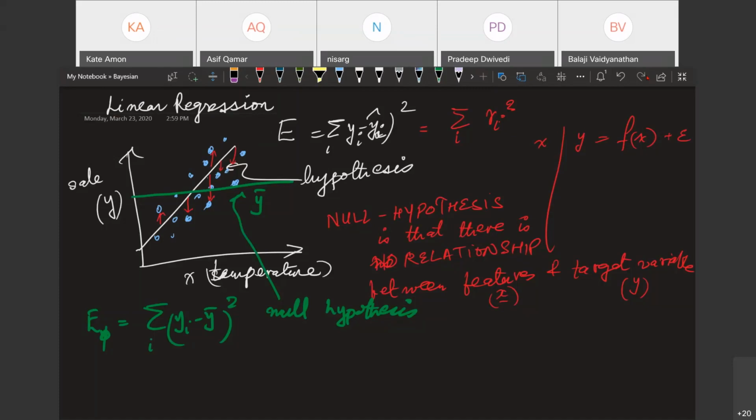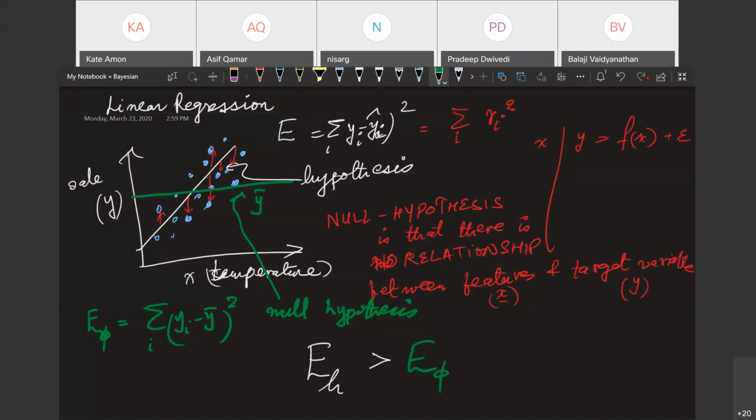What is a baseline condition you can think of? Better than null hypothesis. Yeah, better than null hypothesis, right? So you would like to say that E of your hypothesis is greater than what? Greater than E of the null hypothesis, isn't it?